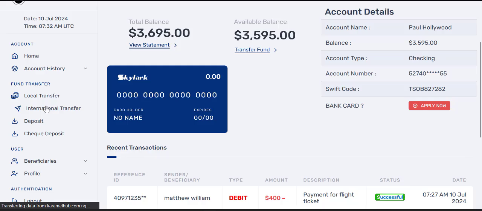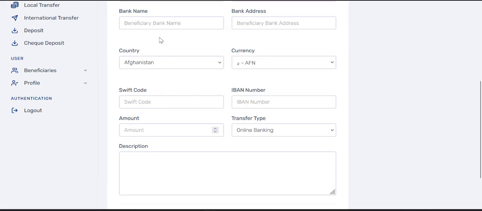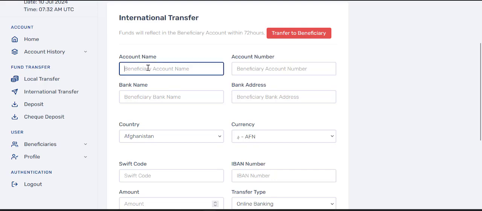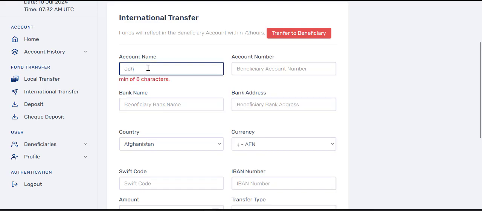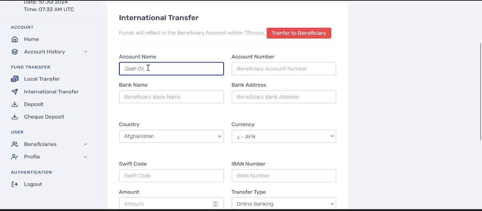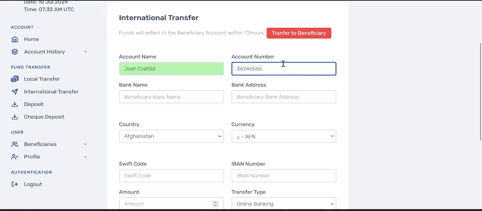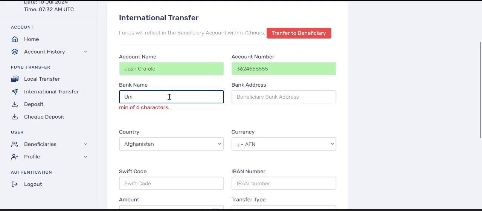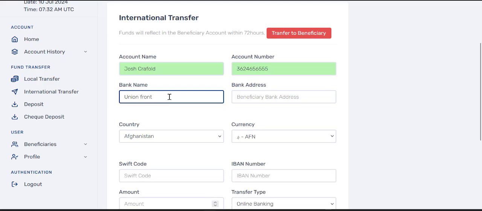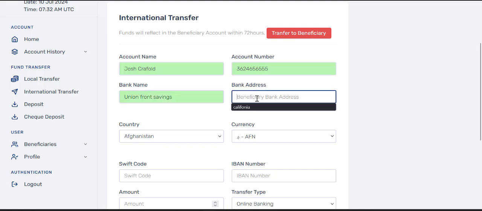So let me test the international transfer now. You can see it now. I'll put in the account name again. I'll say Josh Rayford, account number, bank name, Union Frontier Savings, bank address, 34